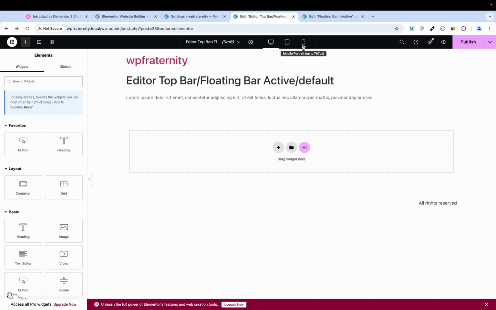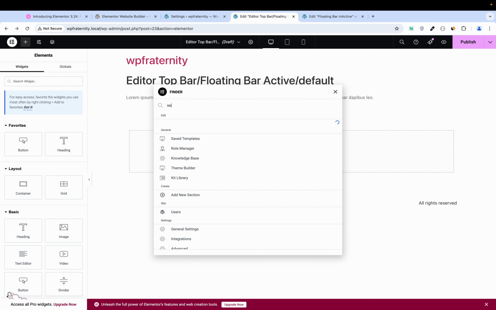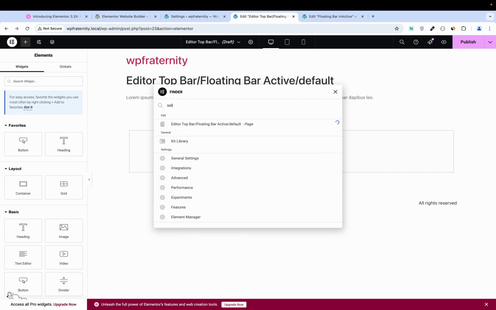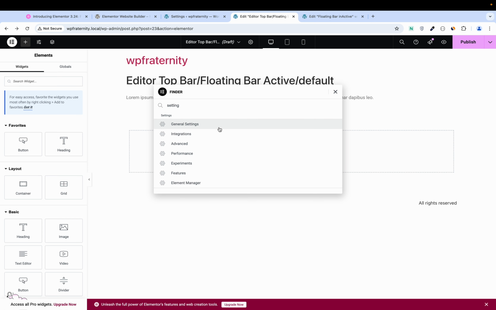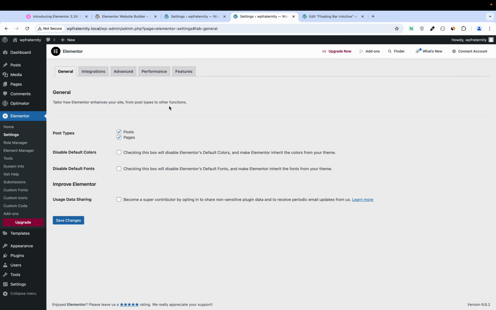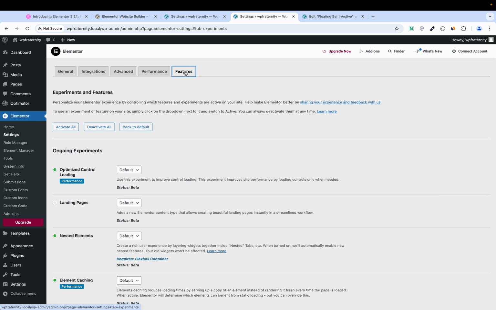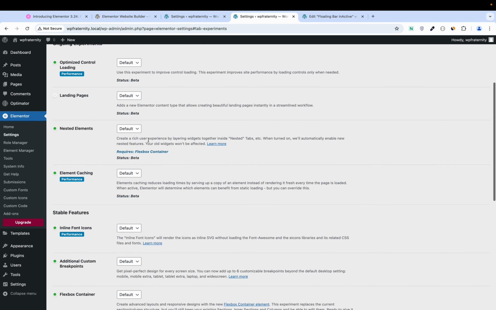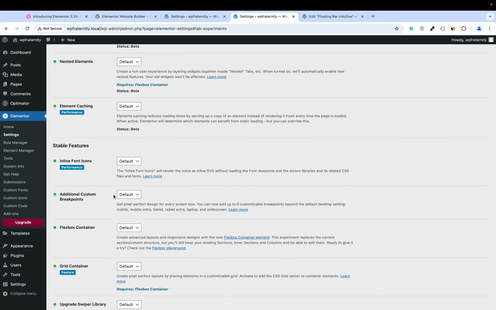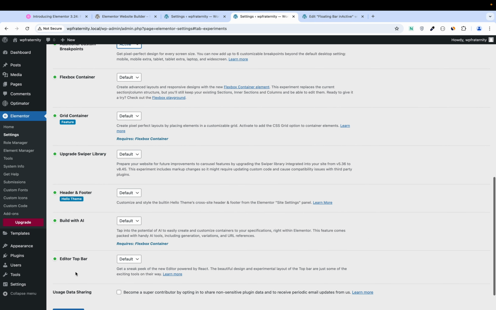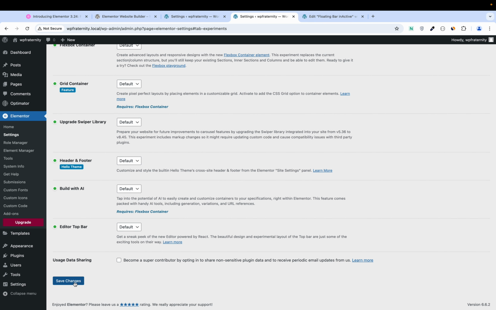To add the additional breakpoints, we have to go to the settings, general settings, features, we will hover over additional breakpoints, default, active, save the changes,